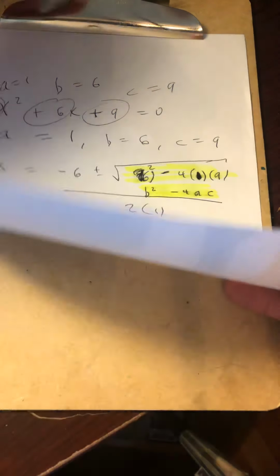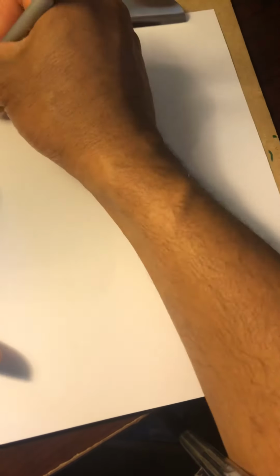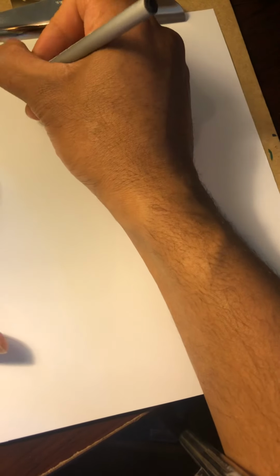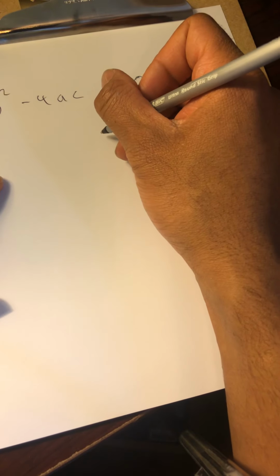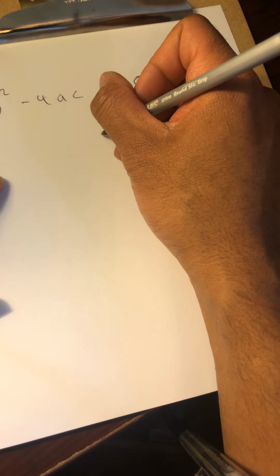All right, so now let's move on to the other cases. I'm not going to do an example for everything because the video is going to be too long if I do. But just note that if b squared minus 4ac is greater than 0, all right, then what we have here